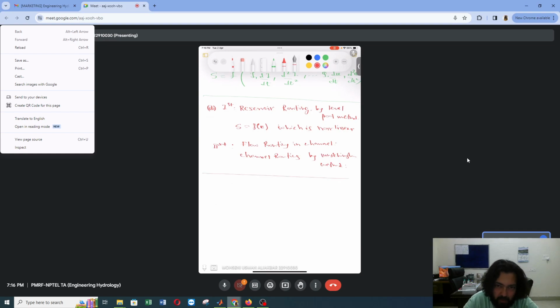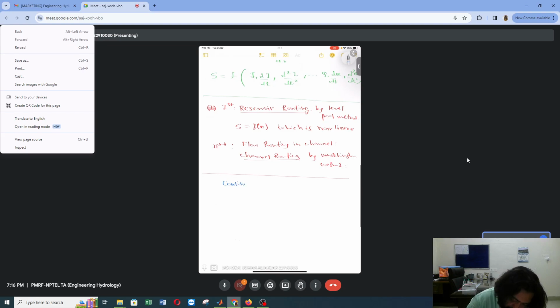So this is a small brief about hydrologic routing, right? We talked about the equation that is used, and also about the different types of routing that we need to study under hydrologic routing. The first is reservoir routing and the second is channel routing. Now let's look into the detailed equation that is used. We know it is based on the continuity equation, and that continuity equation is nothing but dS by dt equals I(t) minus Q(t), right?